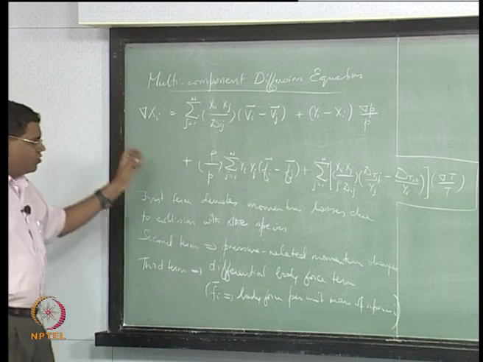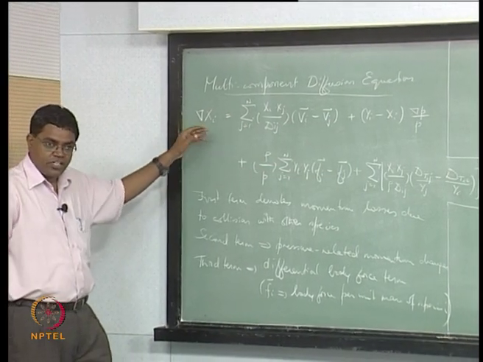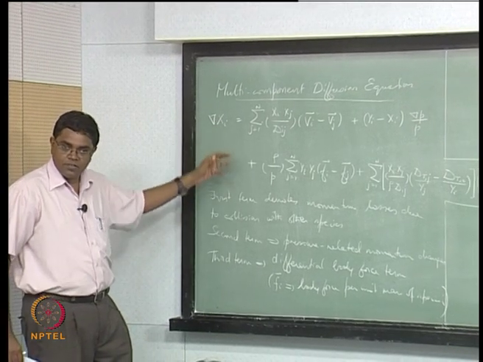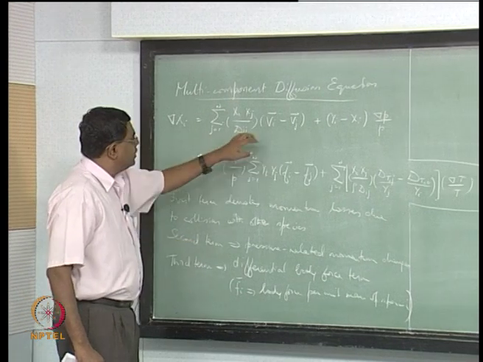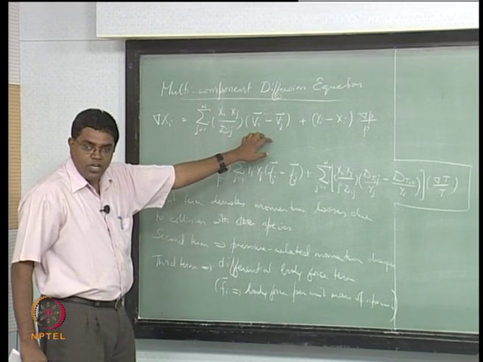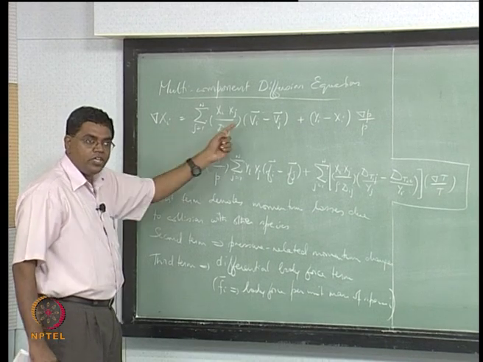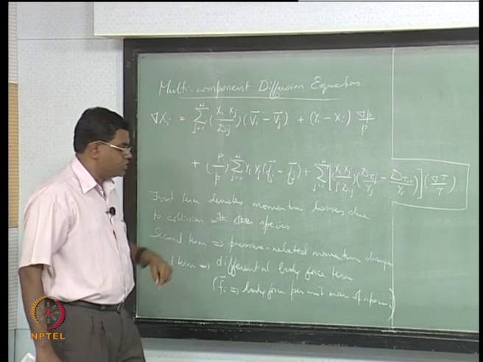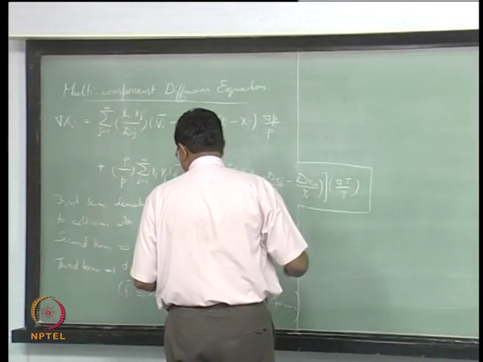This is a vector equation on the whole, so it actually has 3 components in 3 dimensions, and so it caters to your need. We are looking for a Vi vector to be modeled in terms of concentration gradient, and it does that. This is a vector equation right away. And finally the fourth term,